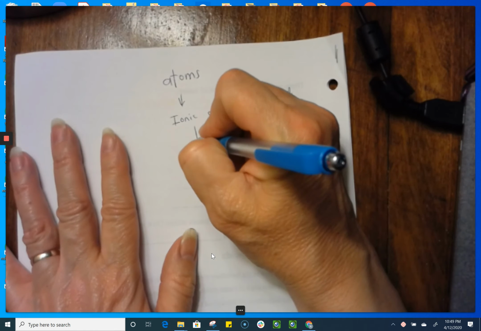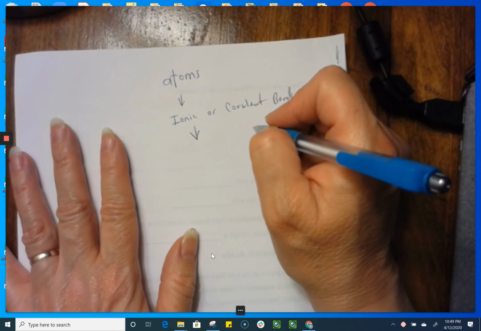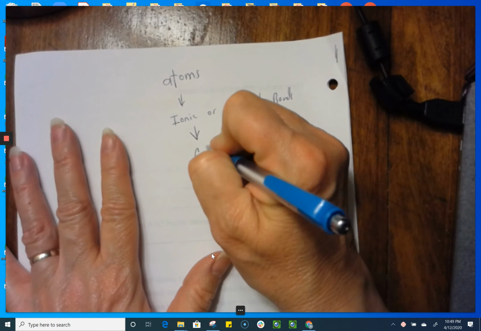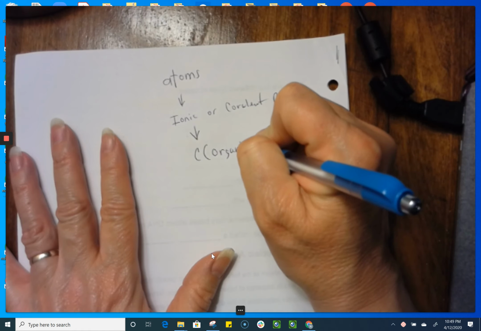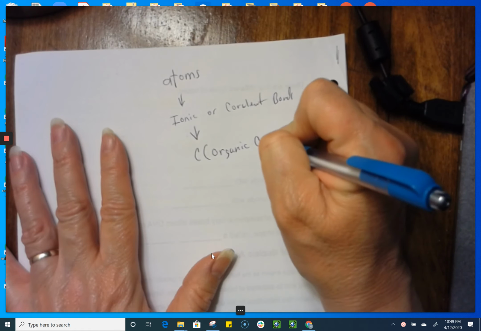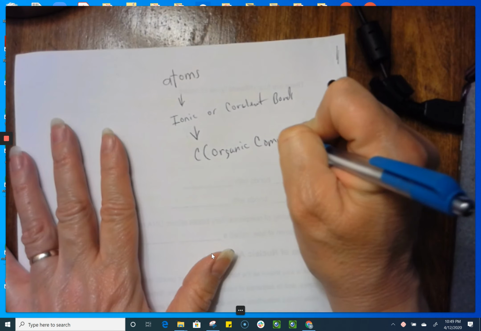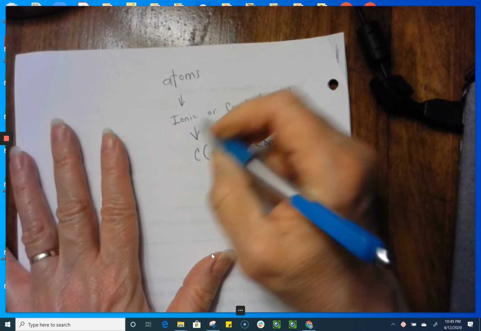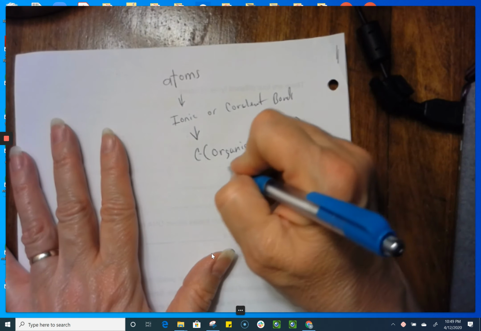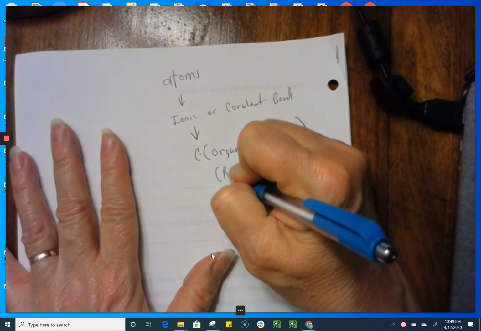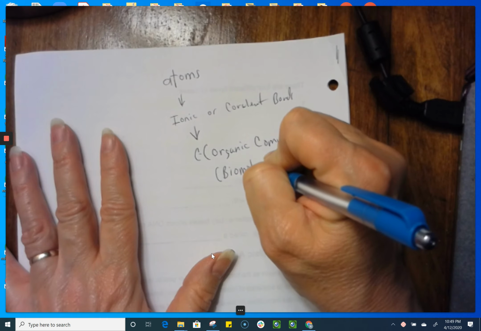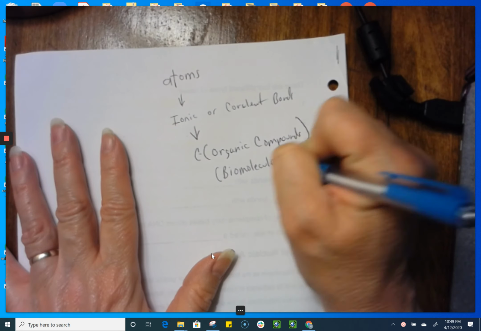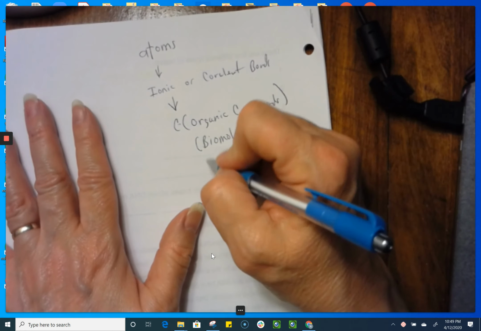And if the molecules are from living things and contain carbon, then they are classified as organic compounds. And with us, we're referring to basically the biomolecules, which are organic compounds. And we have 4 categories here,